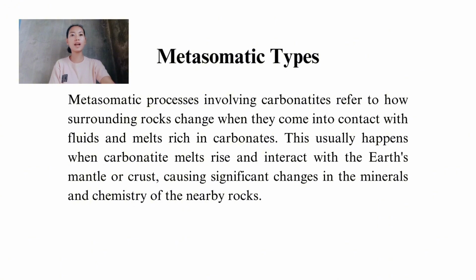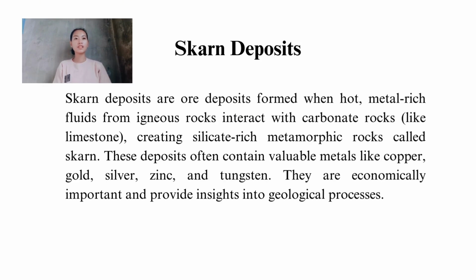This usually happens when carbonatite melts rise and interact with the Earth's mantle or crust. It causes changes in the minerals and chemistry of the nearby rocks. Skarn deposits are the last type of magmatic concentration deposits that form when hot,